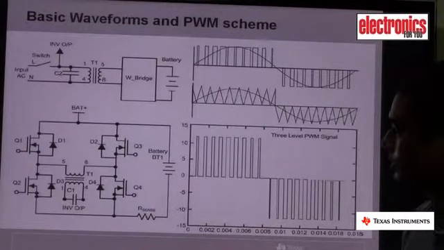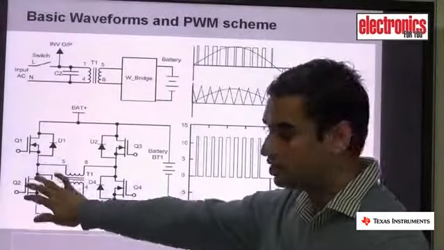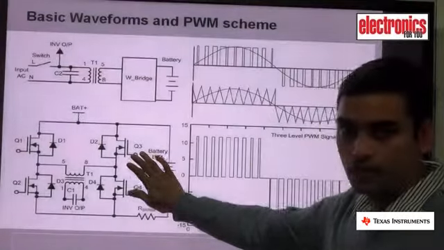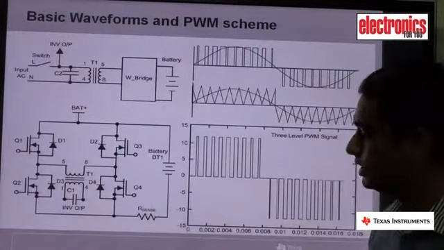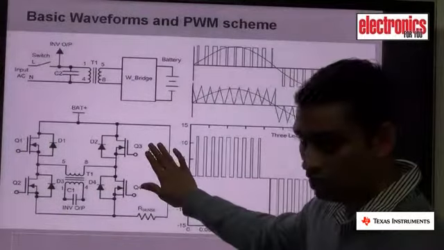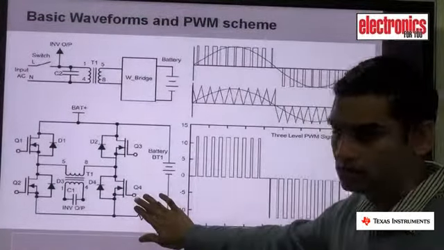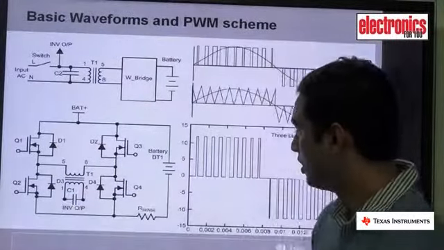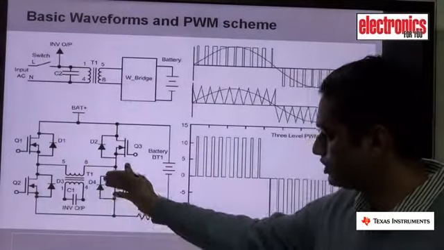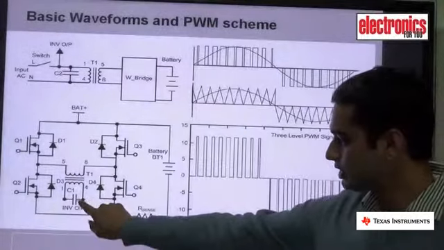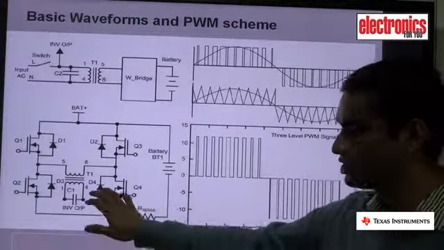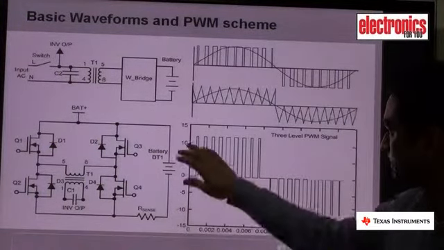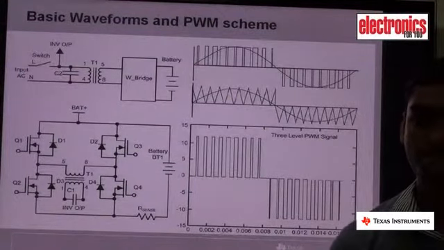Suppose during the positive half cycle you keep Q1 always off, you keep Q2 always on, then you apply PWM to Q3 and the complement of that PWM to Q4. In the negative half cycle you keep Q3 off, you always keep Q4 on, you apply PWM to Q1 and the complement of that PWM to Q2. Your PWM is stepped up on the secondary side. On the secondary side there is a capacitor which forms an LC filter along with your secondary side inductance. So you get a filtered waveform on your output and you get a simple smooth sine wave as the output of your inverter.